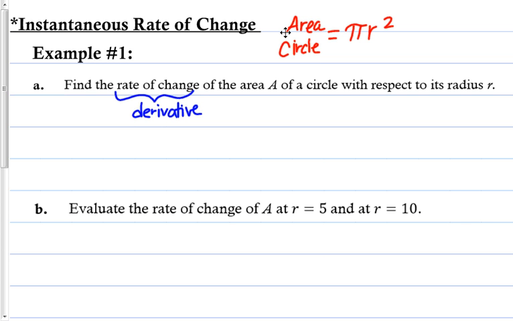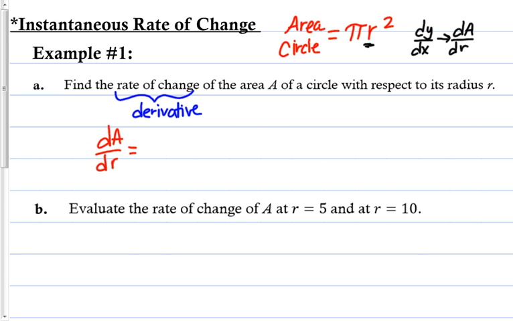So, with that said, I'm going to find the derivative of area of a circle with respect to its radius, r. So you know how normally it's dy dx? This is the derivative of y with respect to x. So for this problem, we're going to derive the function, which is area, with respect to its radius. Okay, so dA dr